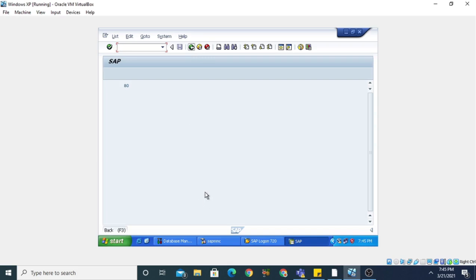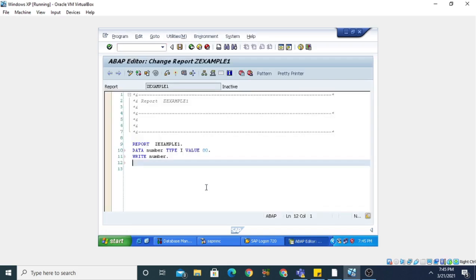Now come back. Now we are going to use the clear statement. For commenting we can directly use a star, and then I'm writing here using clear statement. For commenting any line you can use the star in the first column. Now I'm going to use this clear statement. This is clear number. I'm going to write it again.